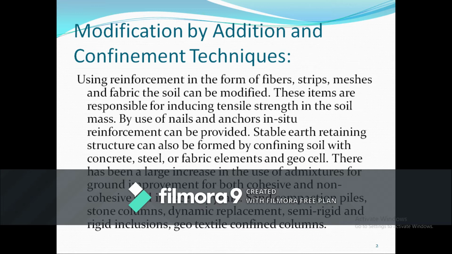So whatever we had seen in the last two classes, all that is included in this. When you are using geotextiles or geomaterials, what is it we are doing? We are increasing the tensile strength of the soil. So here we can even induce this tensile strength by the use of nails as well as anchors inside.